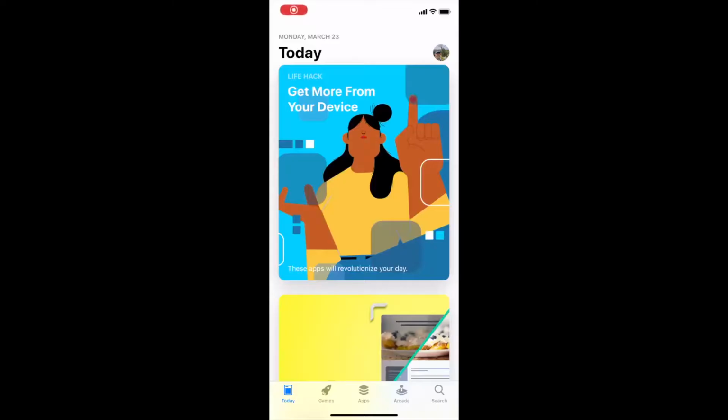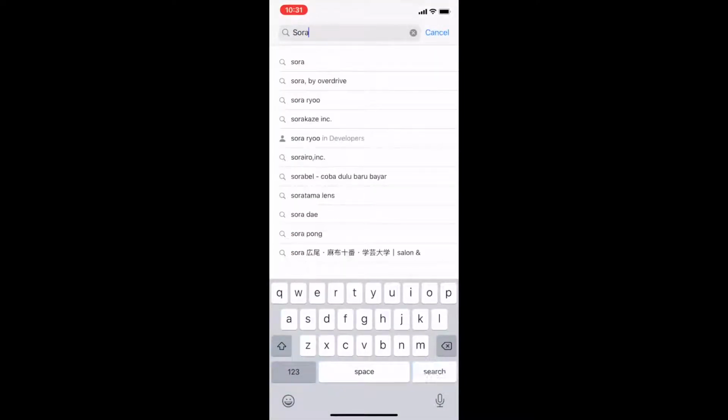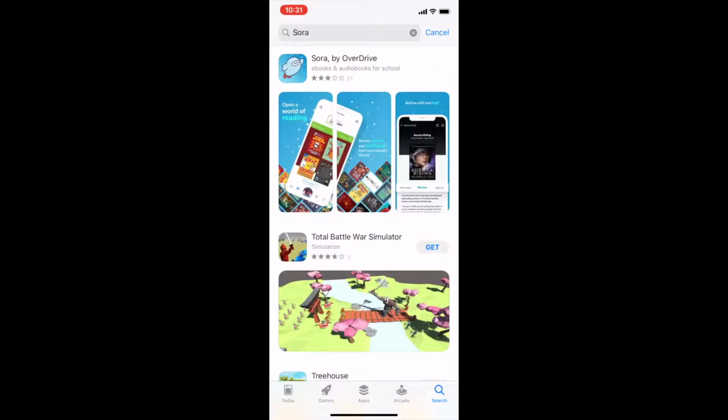So the most popular way to use Sora, especially just because it's the most efficient and easy way to use it, is of course on a cell phone. So the first thing you need to do is download the Sora app. If you go to your App Store or Google Play Store and search Sora, you'll see the app with, again, this cool little space dude. You've got to download it, open it,